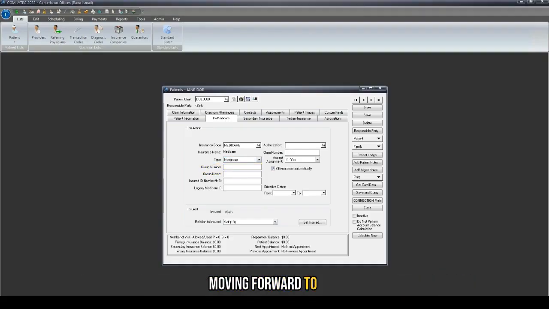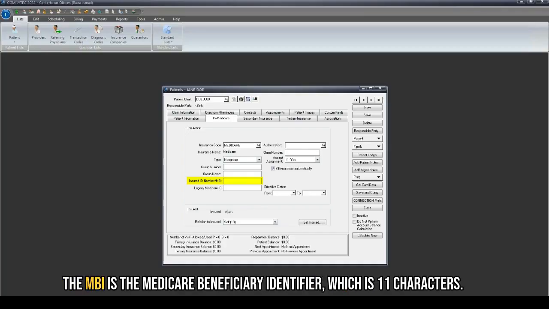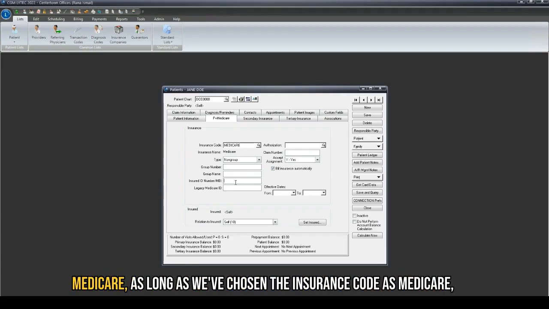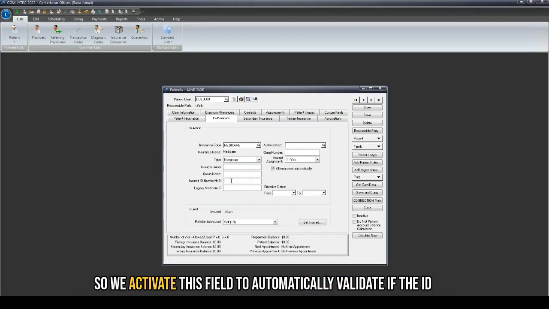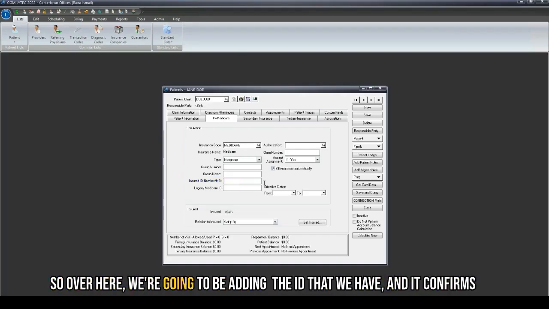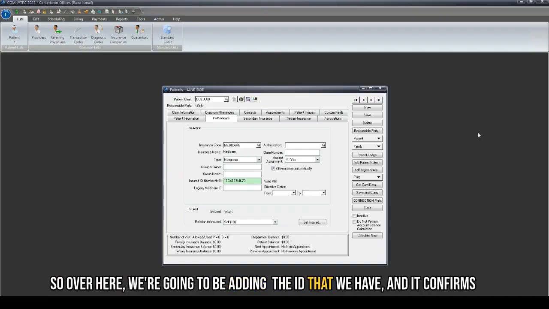Moving forward to the insured ID number or the MPI. MPI is the Medicare Beneficiary Identifier, which is 11 characters, and it requires a certain format for you to be able to add it for Medicare, as long as we've chosen the insurance code as Medicare. So we activate this field to automatically validate if the ID number that we're adding is correct or not for Medicare only. So over here, we're going to be adding the ID that we have, and it confirms that it's